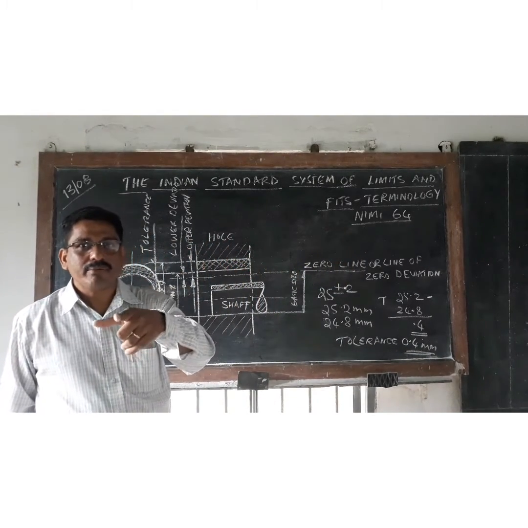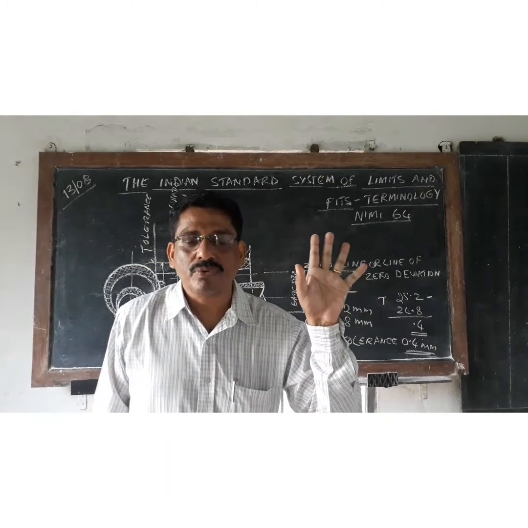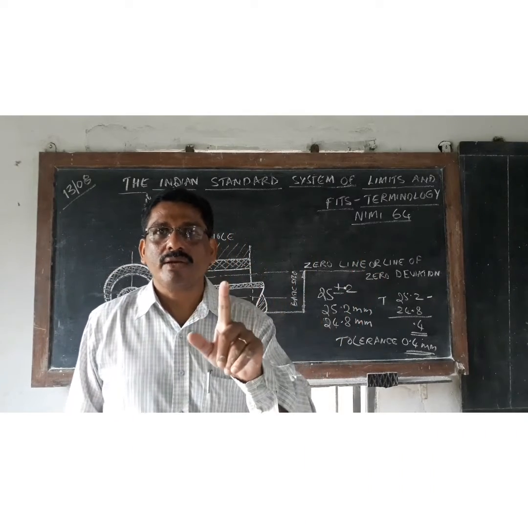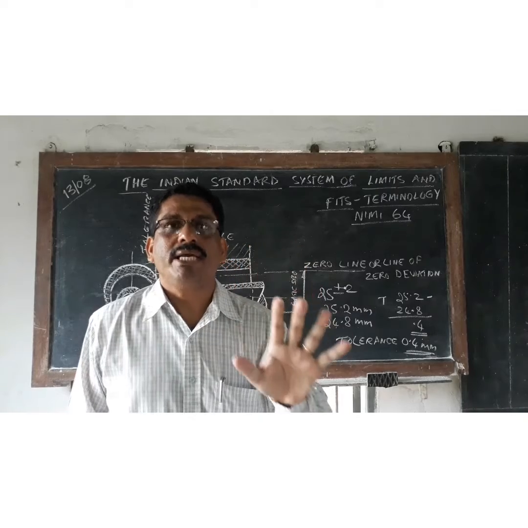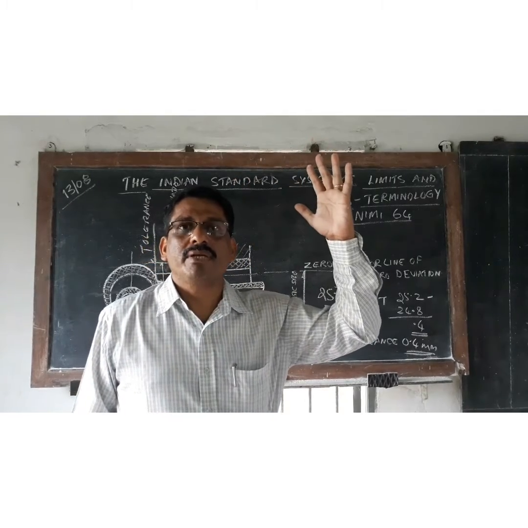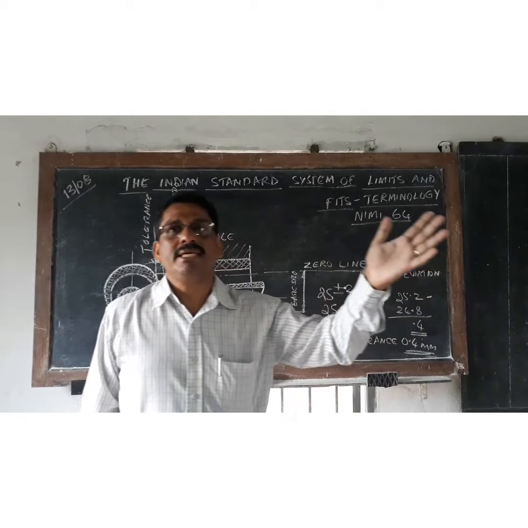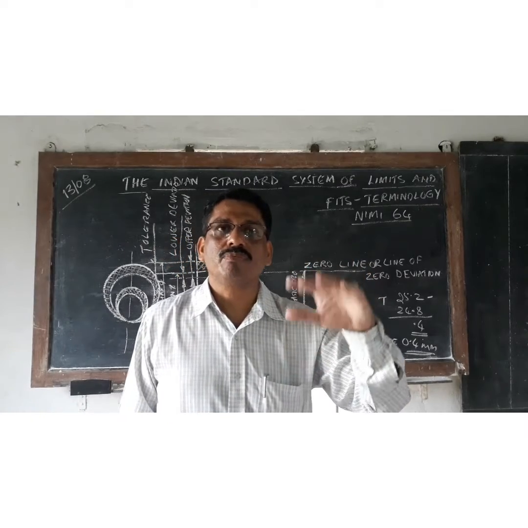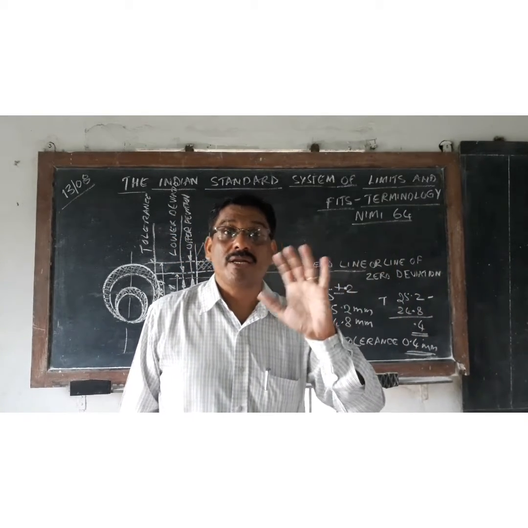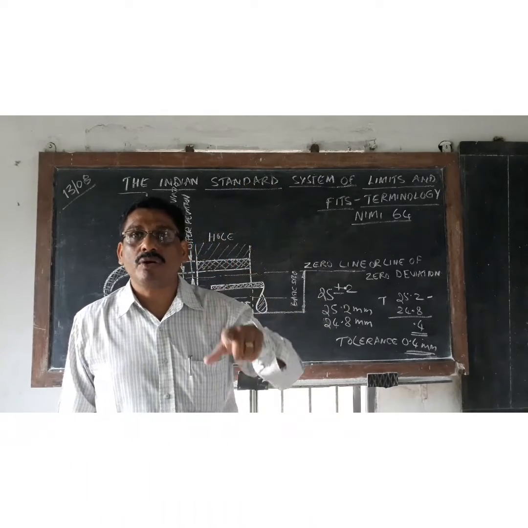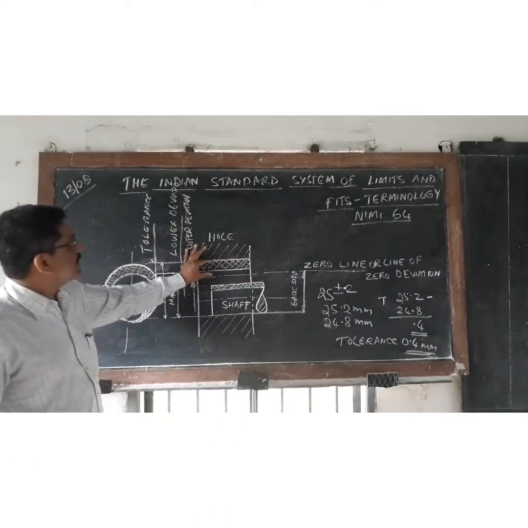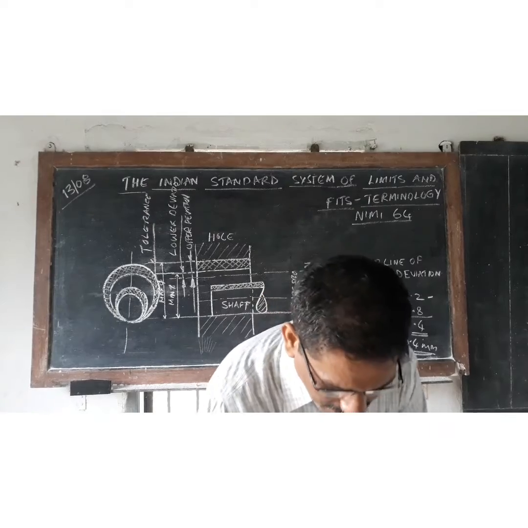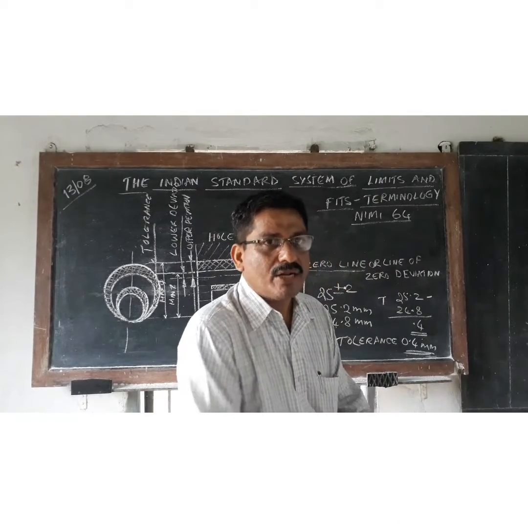So whatever we are giving in the job, plus or minus 0.2, that is actually a deviation and not a tolerance. Without sign, whatever we give in the drawing is a deviation. But from the beginning it is practiced as a tolerance with the symbol, that's why I am giving plus or minus. So if you deduct the lower deviation from the upper deviation, that is called tolerance. So it becomes 0.4. This is a small example. Some other example afterwards we will see. The remaining terminology we will see.